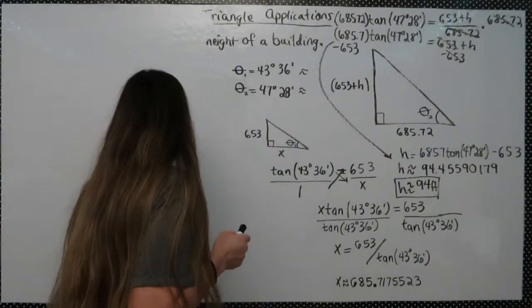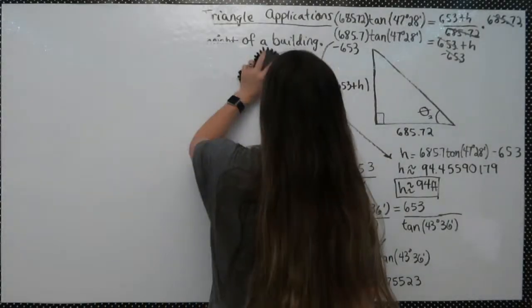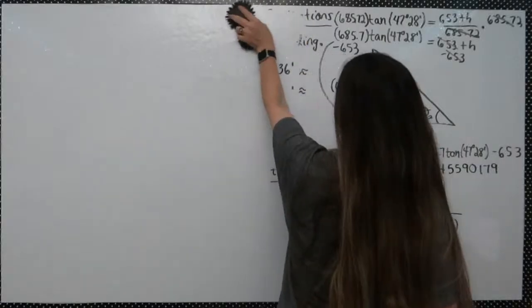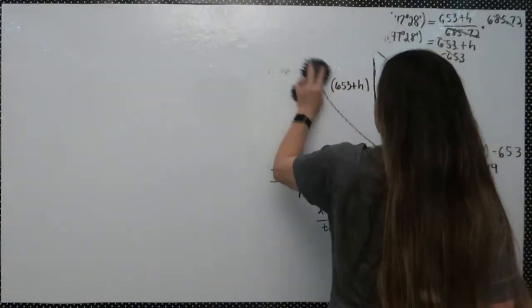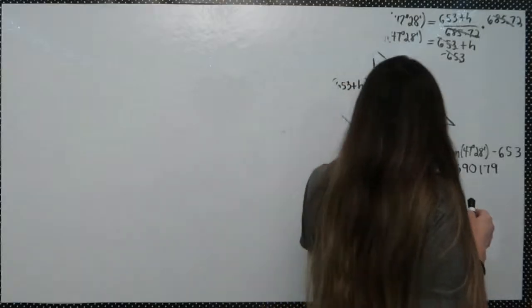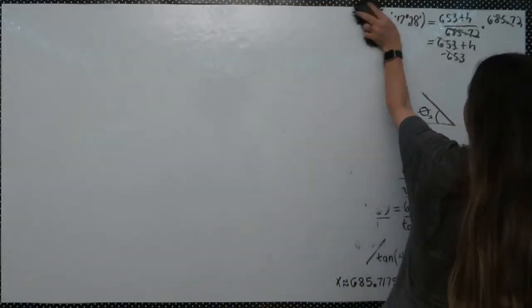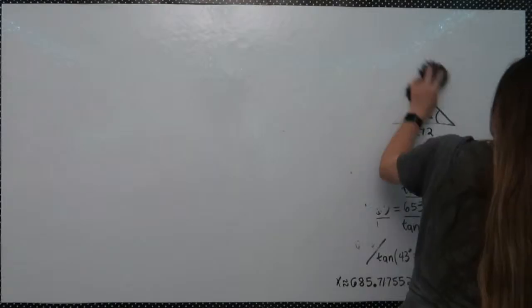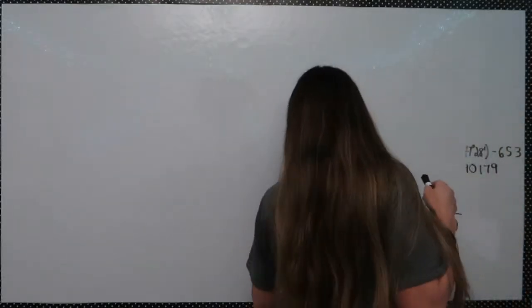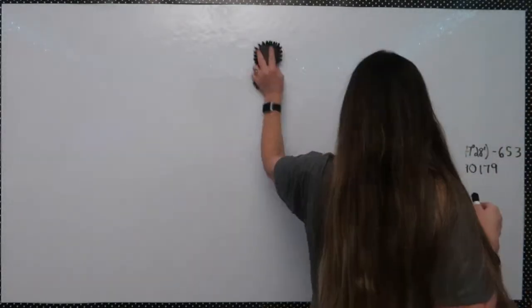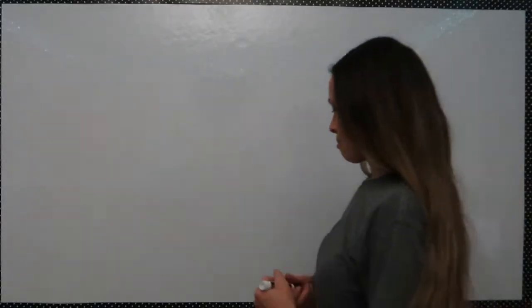So it's a right triangle application involving distances. And what this one is asking us to do is to estimate the width of the river. I looked at this problem and I solved it a little bit differently than the ChatGPT said to solve it. So I'm going to show you how I chose to solve it. And hopefully me working this out will help some of you all. All right, so